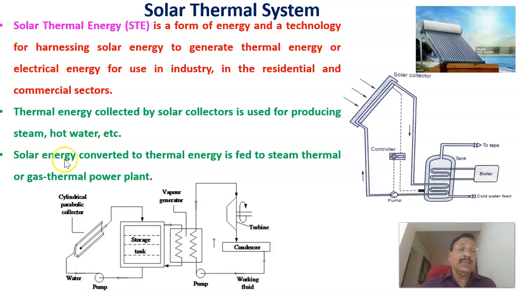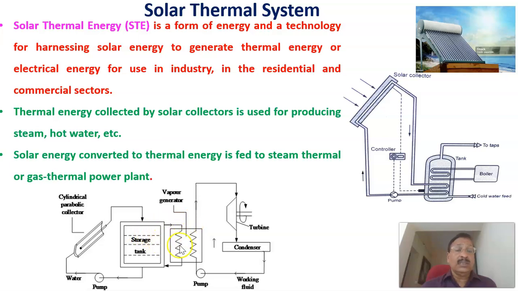And another one is where the solar energy converted into thermal energy is fed to a steam thermal or gas thermal power plant that can be used to generate electrical energy. This is just a block diagram represented here. Therefore, this is the collector. There's a parabolic type of collector that can collect both direct or beam radiation and diffuse radiation. That gets heated, and the water is flowing through it and getting heated, and there's a water storage, so that the water is getting heated in this one, and